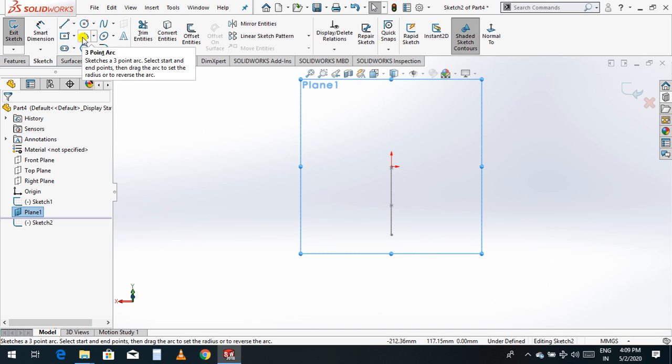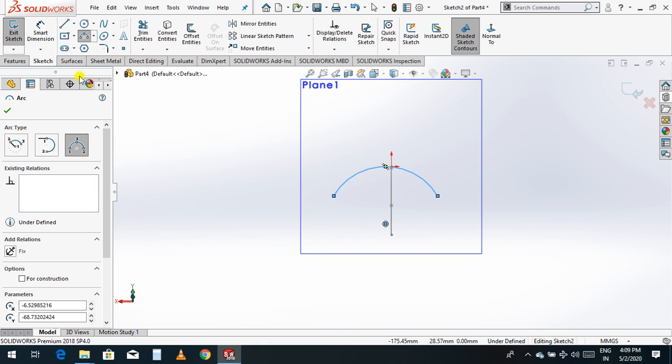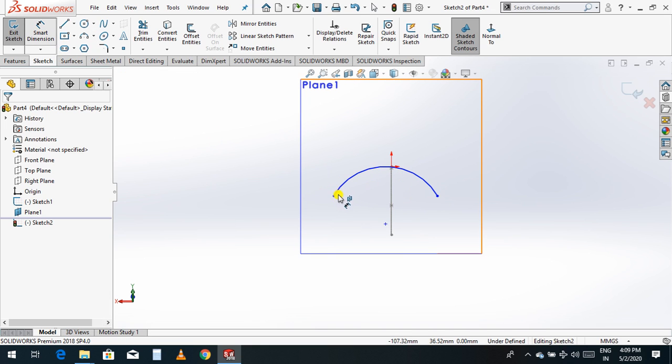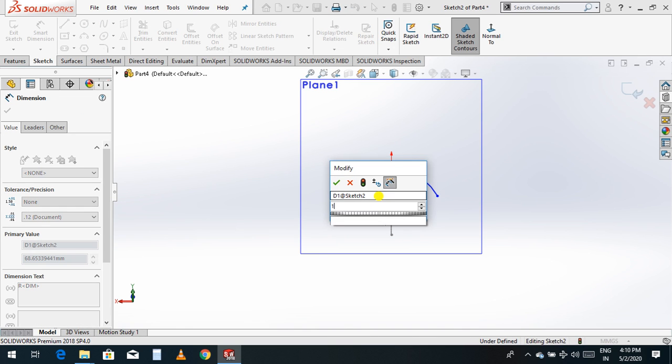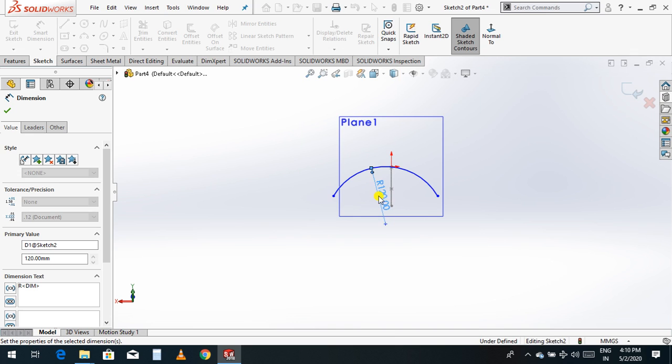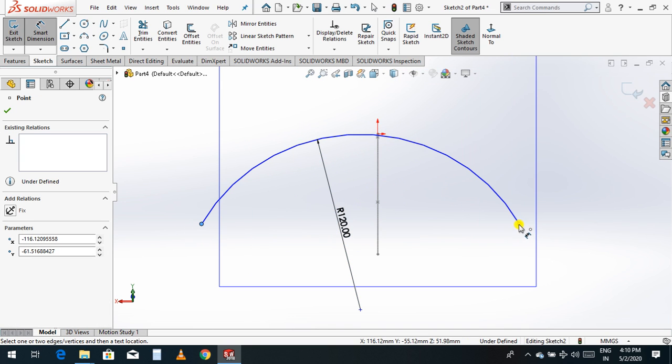Now I will choose the 3-point arc, and I'll choose this point. Now I'll go with a smart dimension. I'll take the radius of this, I'll take it 120, and this point to this point distance also I'll take it 120.